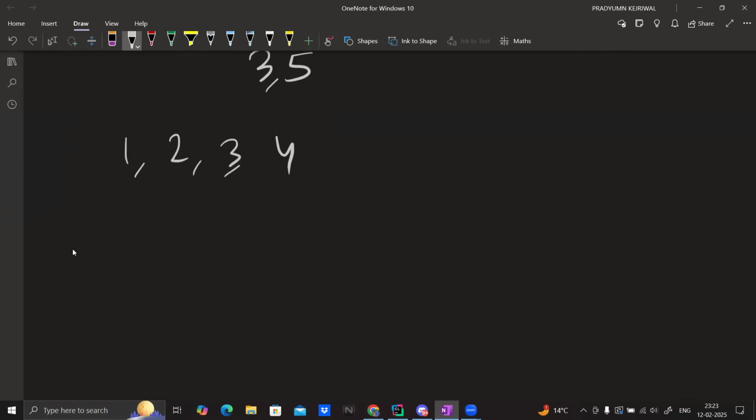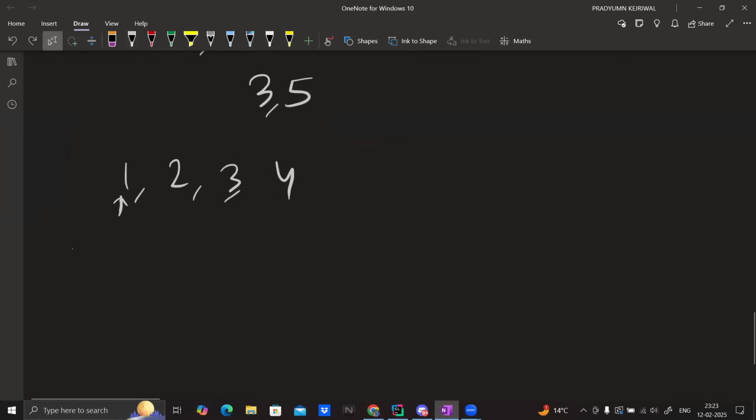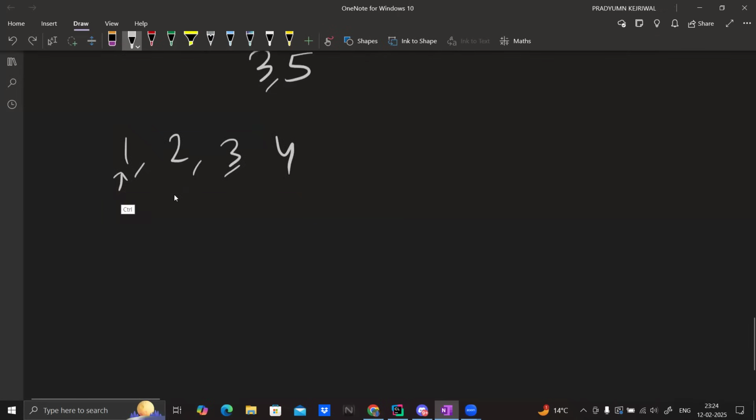So if we iterate, first of all, we want to make this minimum. Like this index, I have to make minimum. So initially it is 1, right? So can I make it less than 1 using just 3 and 5? No, right? I cannot make it less than 1 because if I apply either 3 or 5, 3, 5 here or 5, 3 here, either 5 or 3 will end up here, right? So I cannot make it less than 1. So I'll just keep it as it is. Okay. So I'll just keep this one as it is,